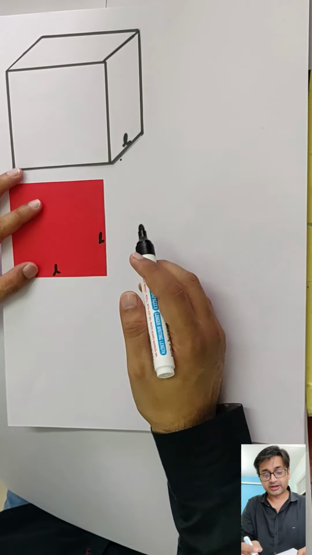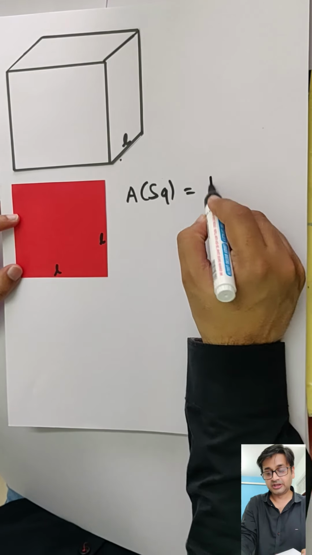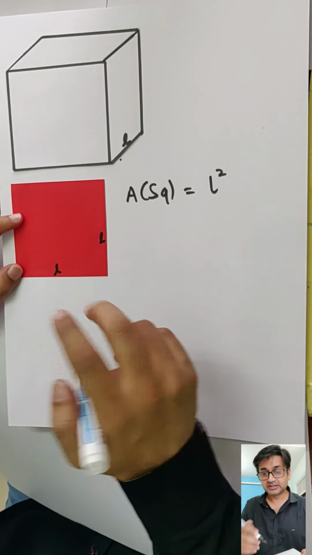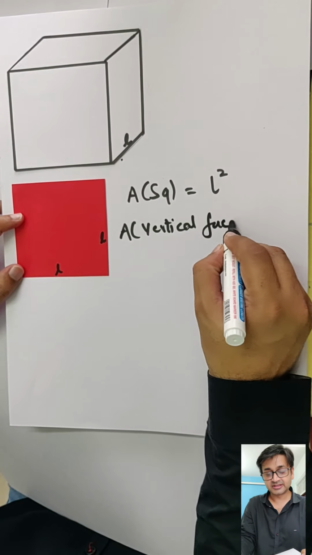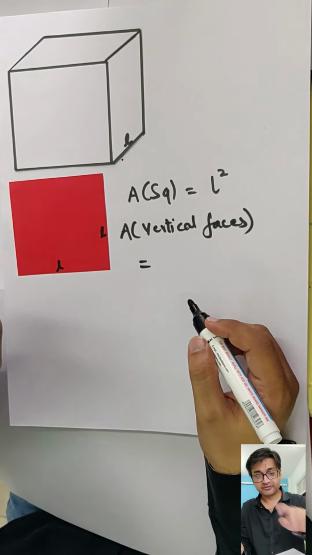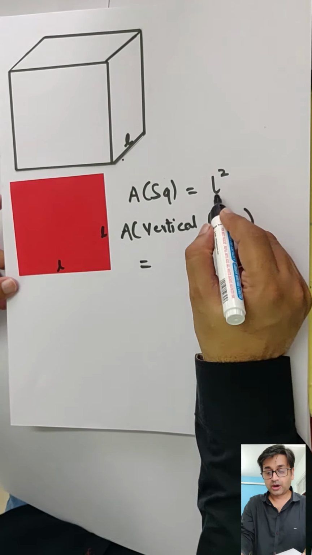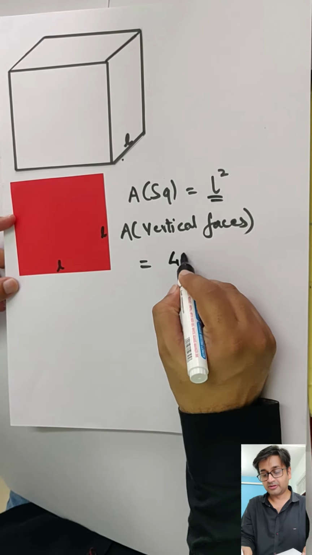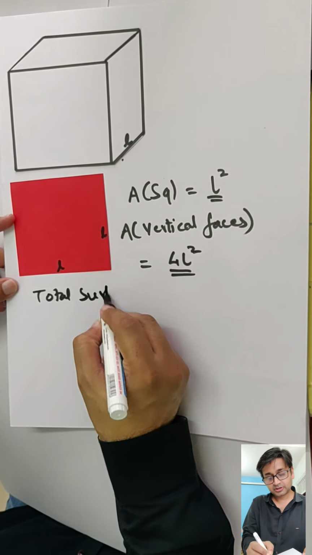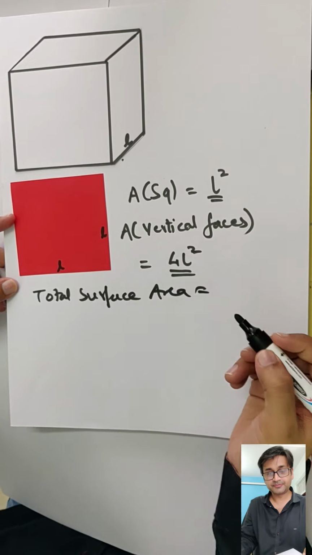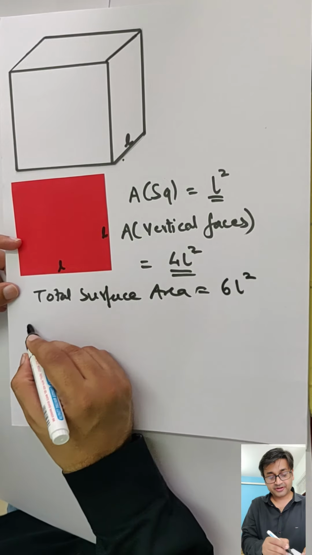So when I pull out one square, the area of a square is equal to side square. Now two parts in surface area we said, area of vertical faces. So how many vertical faces does this have? 4 vertical faces, 1, 2, and the other 2 on the other side. This is a horizontal face. Alright. So one face is L square. So 4 faces will be 4L square. Likewise, total surface area will be all faces. So one square, like that 6 squares we said. Therefore 6L square. And finally the volume.